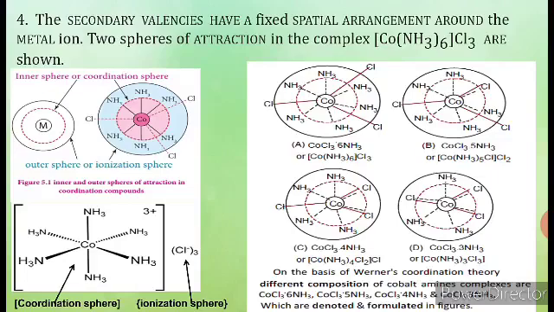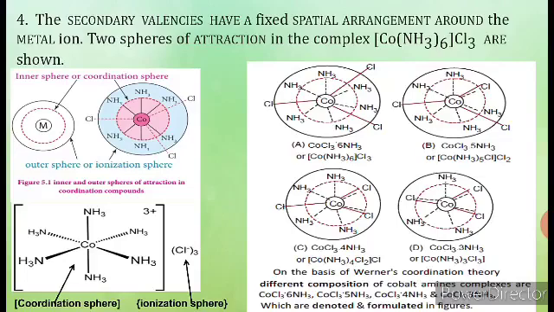Then second, the B compound, pentaamine chloro cobalt(III) chloride. Here in the coordination sphere of the B compound, 5 ammonia molecules are present inside the coordination sphere. 1 chloride ion is also present. This chloride ion satisfies the primary as well as secondary valency of cobalt according to Werner's theory. And 2 chloride ions are present outside this coordination sphere, which are only satisfying the primary valency or ionization valency.